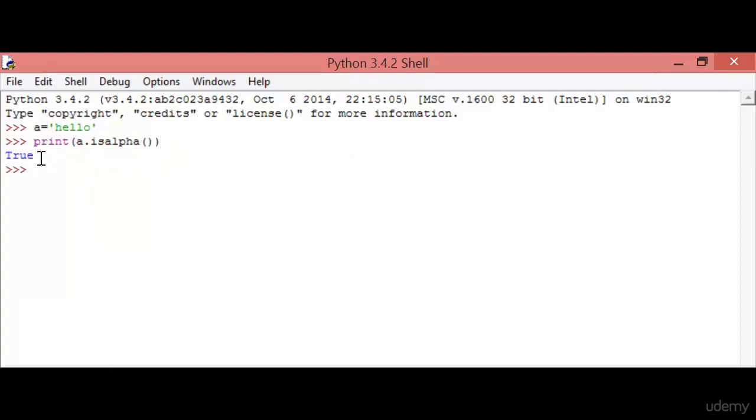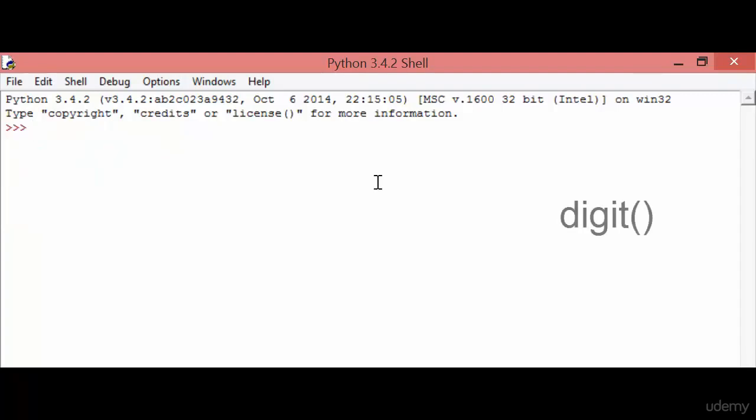So here we get the value true. If I give hello with 1 2 3 integer values, it will simply give you false, because this string also contains integer values. So this is all about the isalpha method.